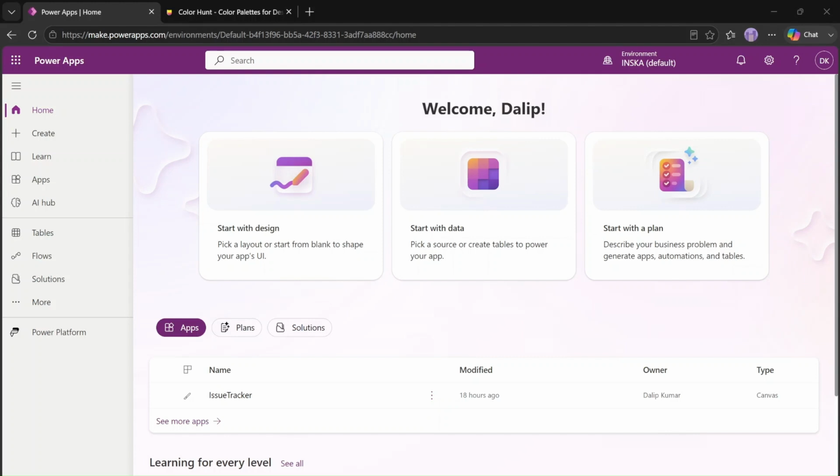So think of a canvas app like a blank PowerPoint slide where nothing is defined, right? It's completely blank. You go there and drop a header, text or tables. Similarly on canvas, when nothing is predefined, you decide where every button goes, you decide where every label appears, you decide how users are going to navigate through the application, and you decide the overall experience, how it's going to look like. And that is why canvas apps are so popular for building internal business applications such as leave